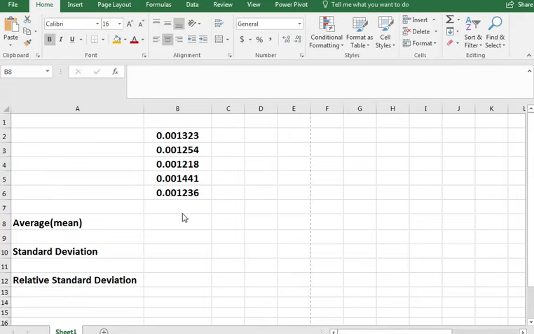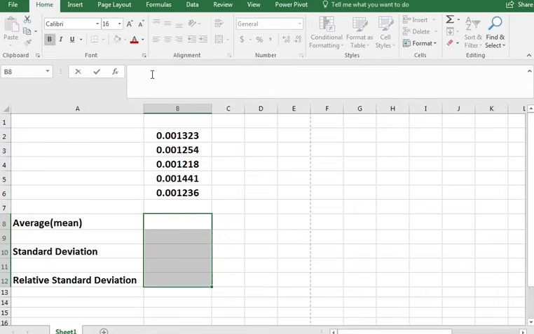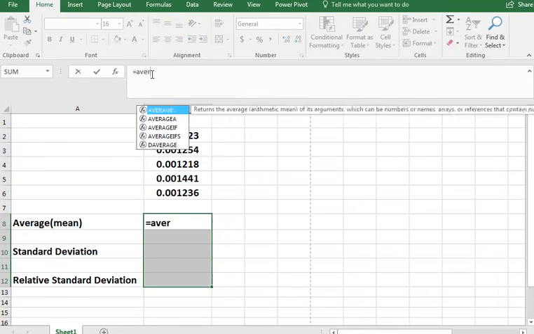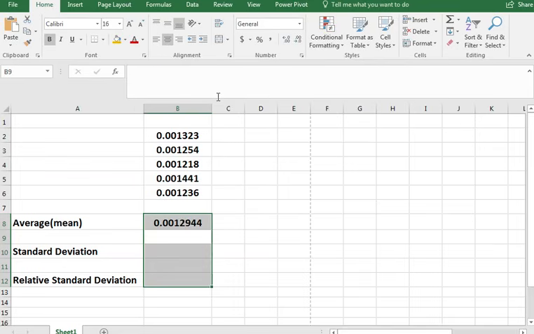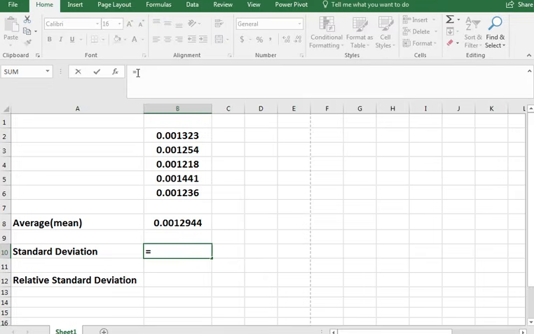Let's start with the mean or average. So you left click your mouse in the cell and start typing in the formula bar, starting with equal AVER, and then this average pops up. Double click, select the numbers, close parenthesis, and hit enter. So that's your average. For standard deviation, equal